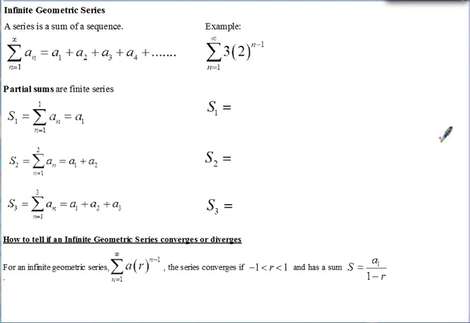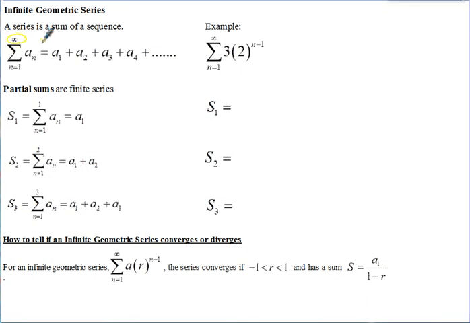Notes for AP Calculus on the topic of infinite geometric series. So remember, a series is indicated by the Greek letter sigma here. And the number at the bottom tells you where you're starting. In this case, n equals 1. Usually it's typically 1 or 0. And where you're stopping is indicated by the number over here, but when it's infinity, that's what makes it an